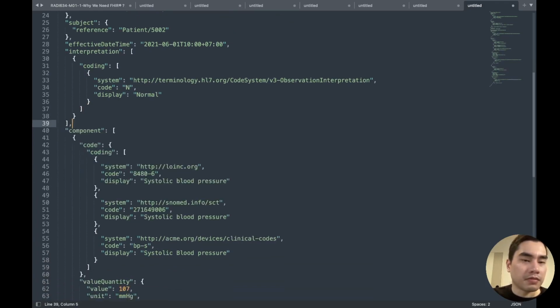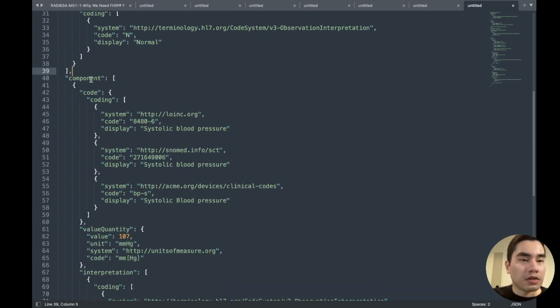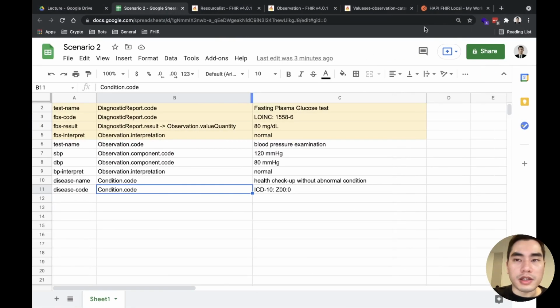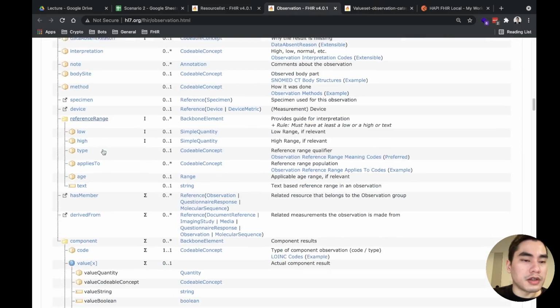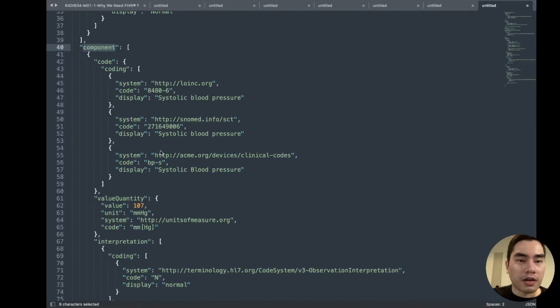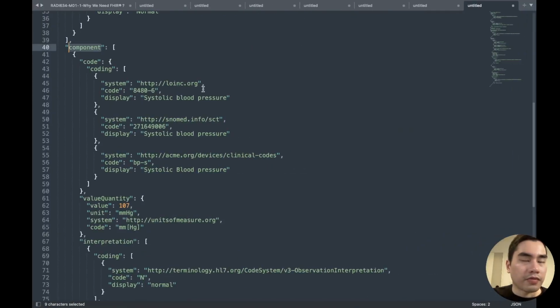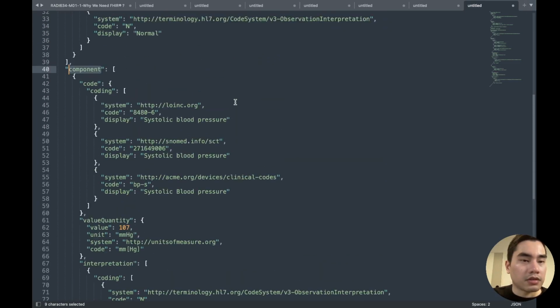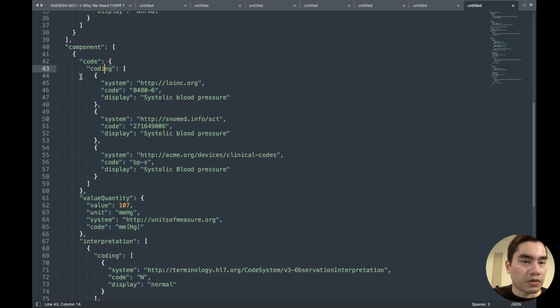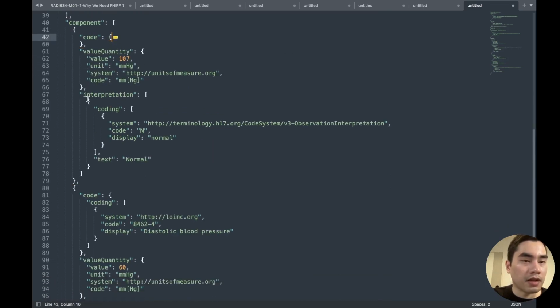Maybe right arm, that we don't know. So the next one is component of an observation. Here we have two components, right? The systolic and diastolic. So the code is, let's collect it.